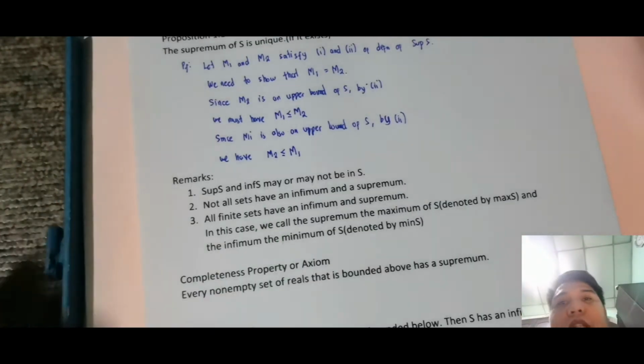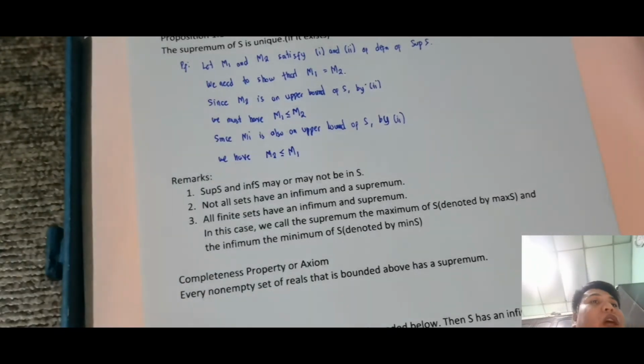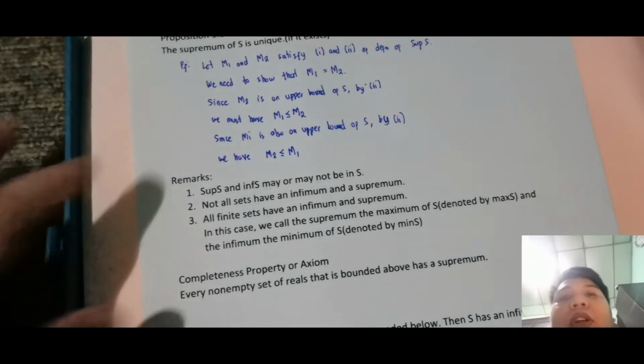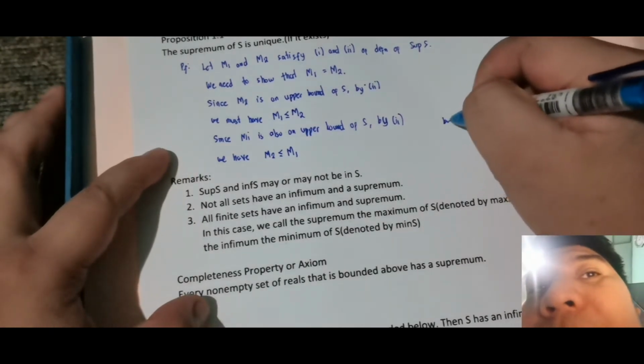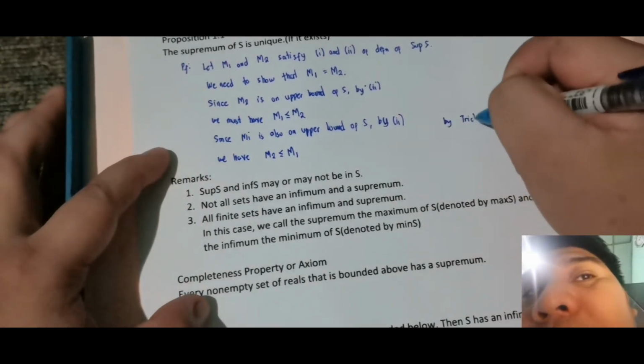So, kunwari, ulitin ko lang ha. Inassume ko na si M2 yung upper bound. Kung siya ay upper bound, by number 2, we must have that M1 is the supremum. So, si M1 is supremum, therefore, M1 is less than or equal to M2. Okay, siya yung pinakamaliit. Ngayon, since M1 is also an upper bound, binaliktad ko naman, so similar lang din nangyari. Ngayon, kung si M1 na yung upper bound, meaning si M2 is supremum, in which M2 is less than or equal to M1. And by trichotomy property, so dito na lang, by trichotomy axiom,